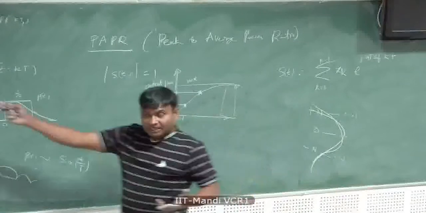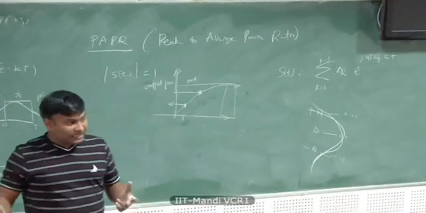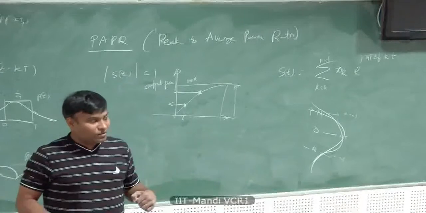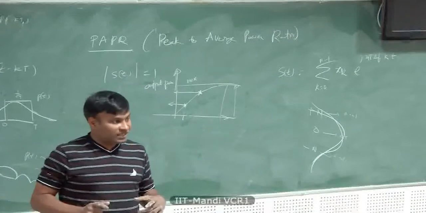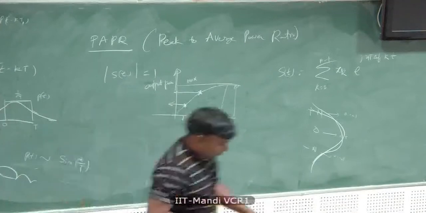For GSM, they use something like this. CDMA, they use something like this. But in 4G LTE, downlink uses OFDM. Uplink uses what is called DFT pre-coded OFDM that behaves like this. It's not transmitted like this, but which we will discuss. It behaves like this. Okay? So we'll show that in a moment.